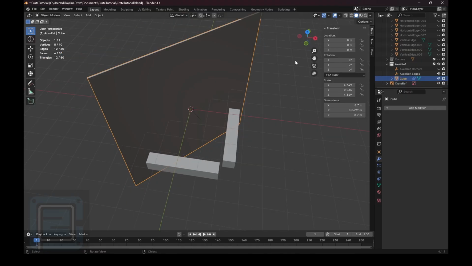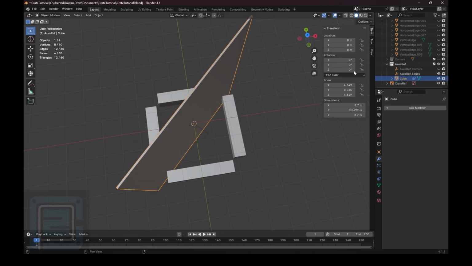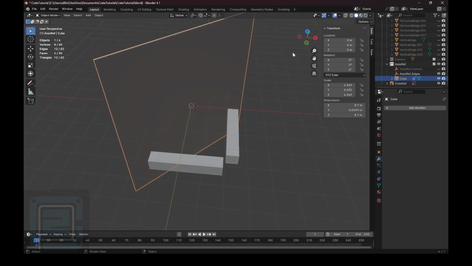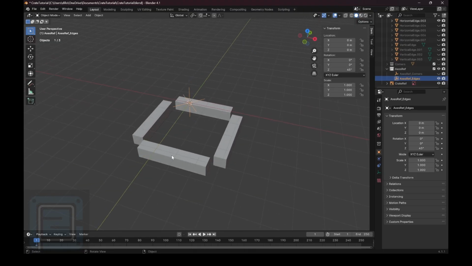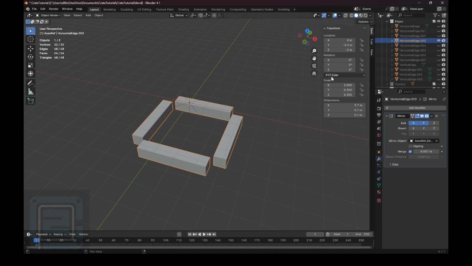And don't worry too much if you have more objects than me in your scene. At the end, we're going to be joining everything. So we're going to have the same end result, just different ways of getting there. Okay, so with that demonstration aside, I don't need this plane anymore, and I have the set and so on. Okay, so now with that out of the way,